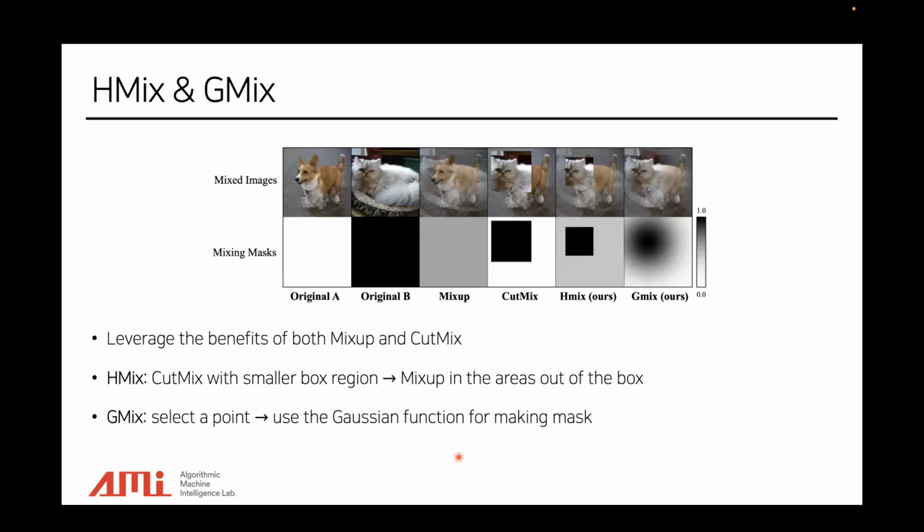And then they propose H-mix and G-mix to leverage the benefit of both Mixup and CutMix. H-mix is a hybrid version of CutMix and Mixup. They apply CutMix with a smaller box region than the original CutMix, and then Mixup in the area outside of the boxes. So this region is CutMix and the other region is Mixup. And G-mix is Gaussian Mixup. They select a